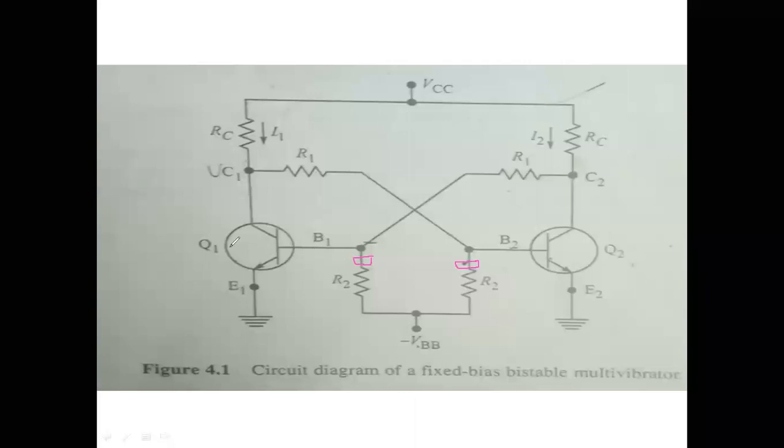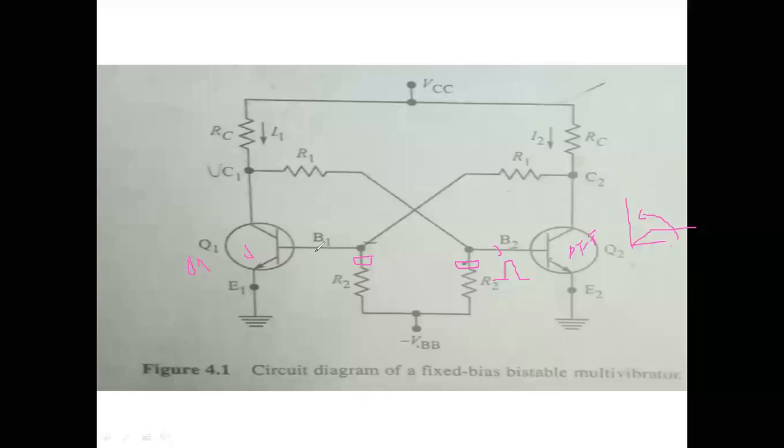Suppose this one we have considered will be in the on state, which means in saturation, and the other is in the off state. In order to move to the on state, we have to apply a positive voltage here. When you apply a positive base signal, the transistor automatically moves from the off state to the on state. When the current is flowing through this base, the transistor moves from on to off.